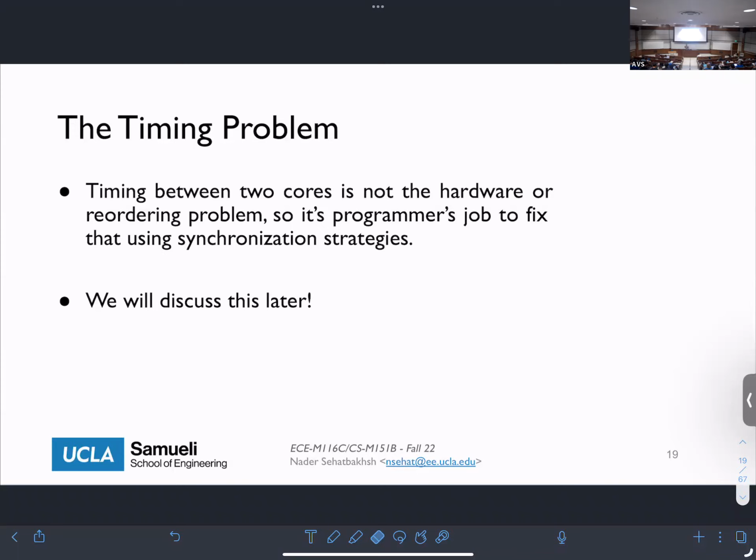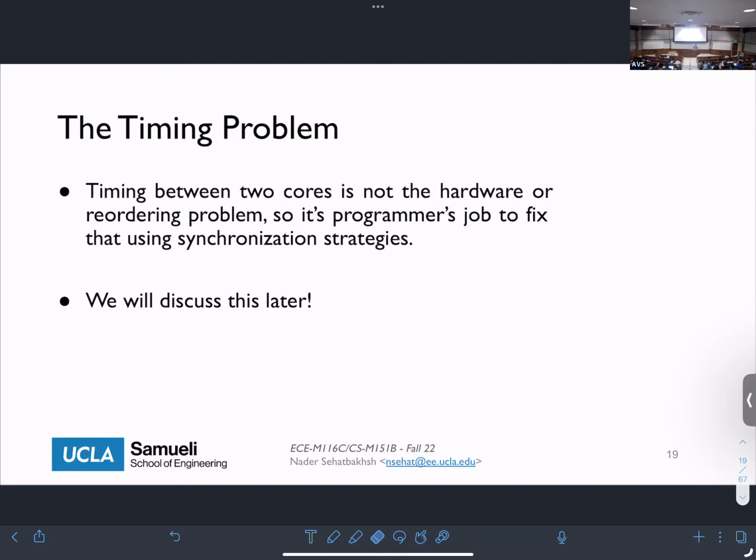code. If there is what we call a race condition, where if this happens first and this happens next, versus this happens first and this happens next, you get different values, then you are writing a program that has race conditions. So it's on you as a programmer to either eliminate these conditions, or we need to provide some primitives that we're going to talk about later in the lecture to fix this. We will talk about what we call synchronization, barriers, and lock and release in order to fix this timing issue.